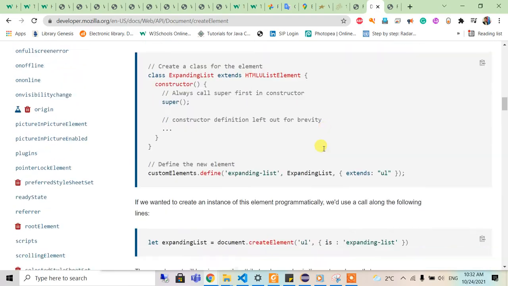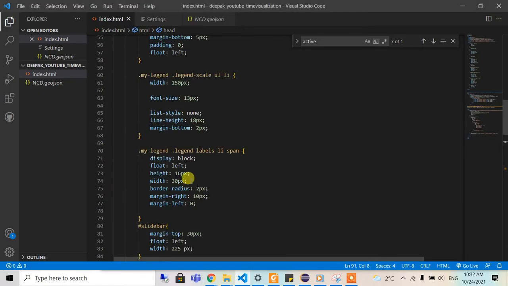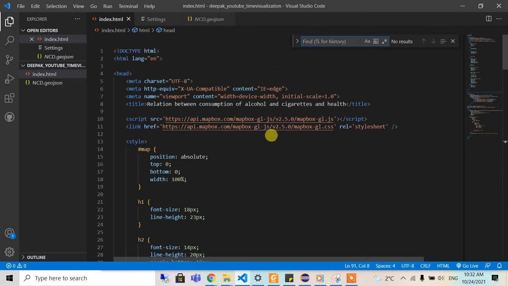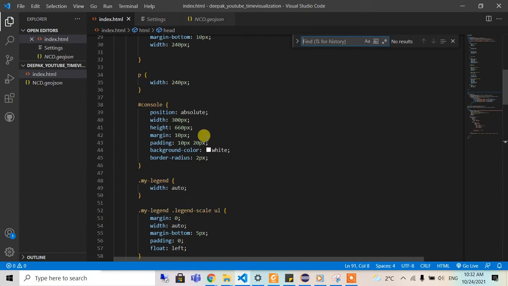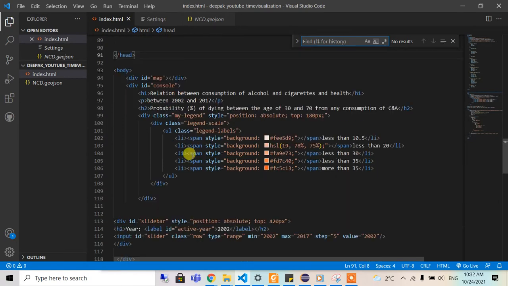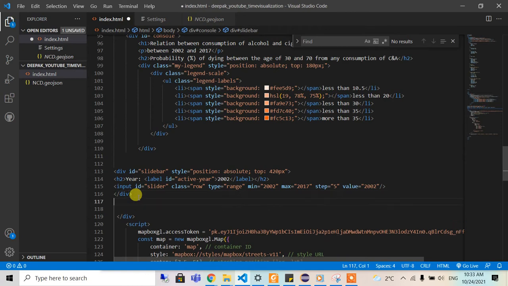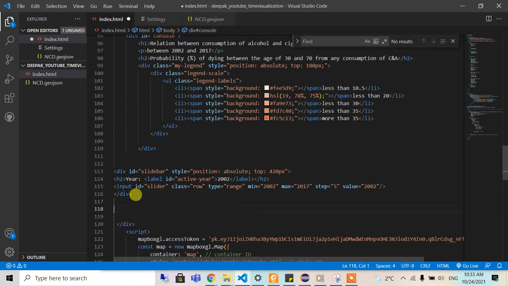HTML. So for that, first we are going to our HTML code and write some div inside it. We are going to add some div below this sidebar, for example div id